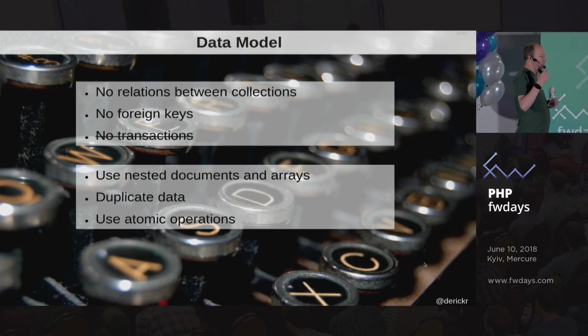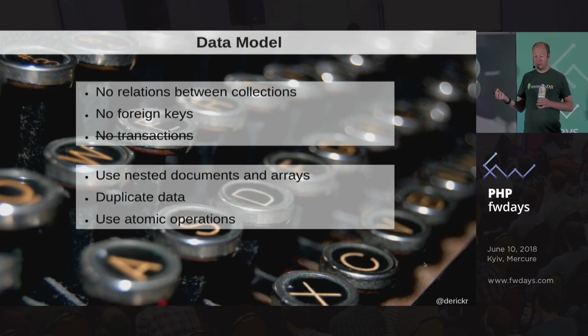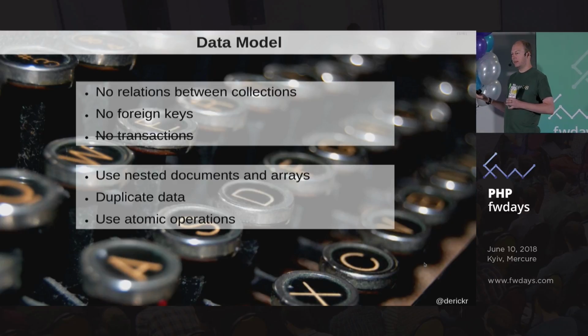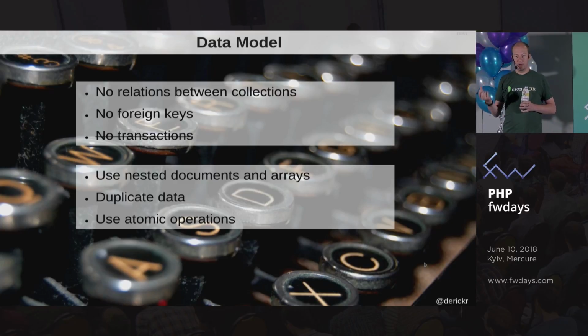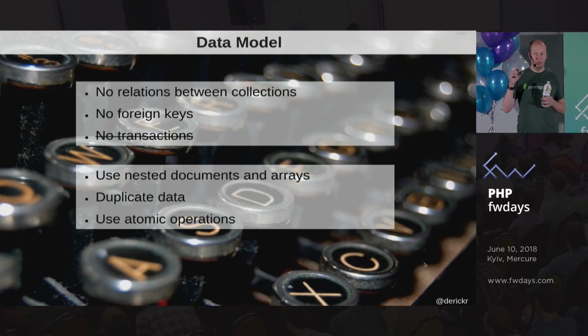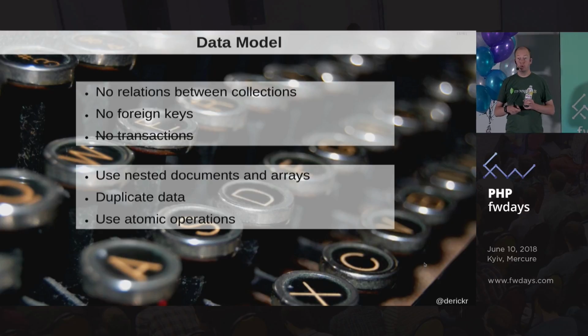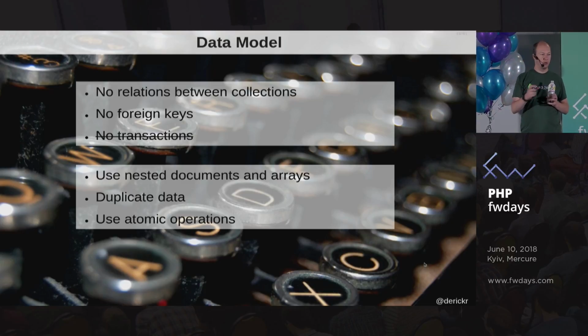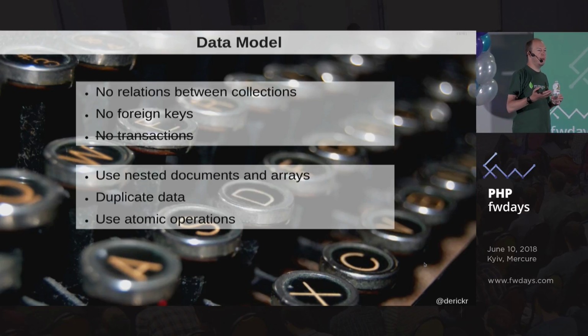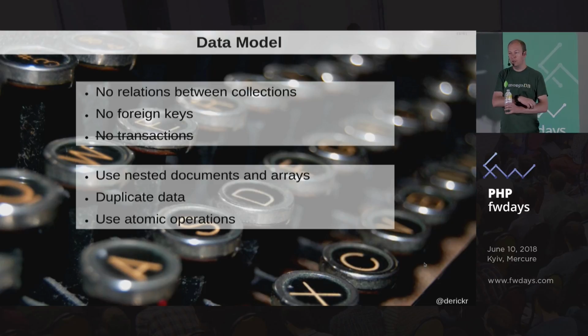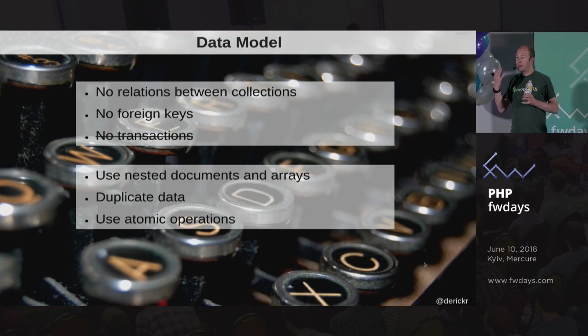All right, so, not having foreign keys or relations between collections, how would I model the data in that case? I've already shown you with the more complex documents at the beginning of the presentation that it is possible to embed nested documents and arrays as part of your document. In many cases, that makes it possible for you not to require relations between documents. I wouldn't say that's always the case, but in many cases, it is important to remember that data that belongs together is also stored together. As an example, in some applications you'd have a person class. A person class will have multiple addresses, and from an application's point of view, those things are usually represented as one specific object,